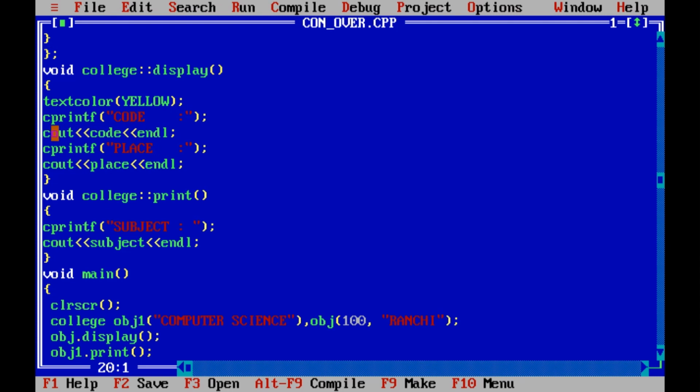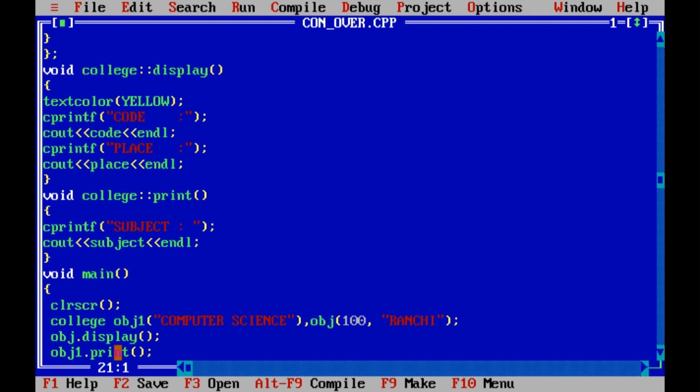Then cout will print the code, but this is a variable, so code has 100 as we have initialized it, and endl. Then cprintf again, so place colon will be printed in yellow, and then place, that is Ranchi, and endl, which moves to the next line. So this is closed. When we call display, this will be printed because we have used cout and cprintf, so it will be displayed in the output.